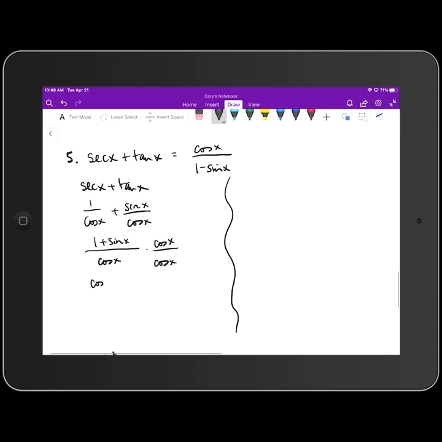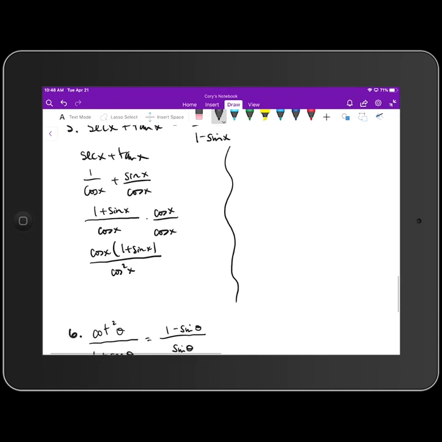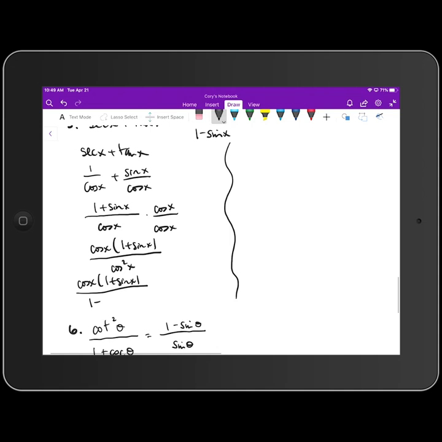we get the cosine of x times 1 plus the sine of x over cosine squared, which we can rewrite that denominator using the Pythagorean identity as 1 minus sine squared of x, which is the difference of two squares. I can factor that to 1 minus sine times 1 plus sine,